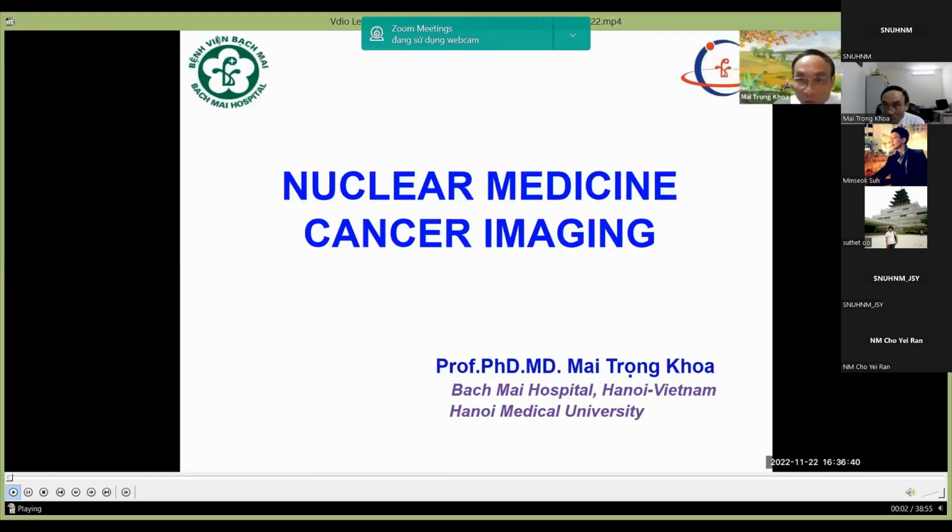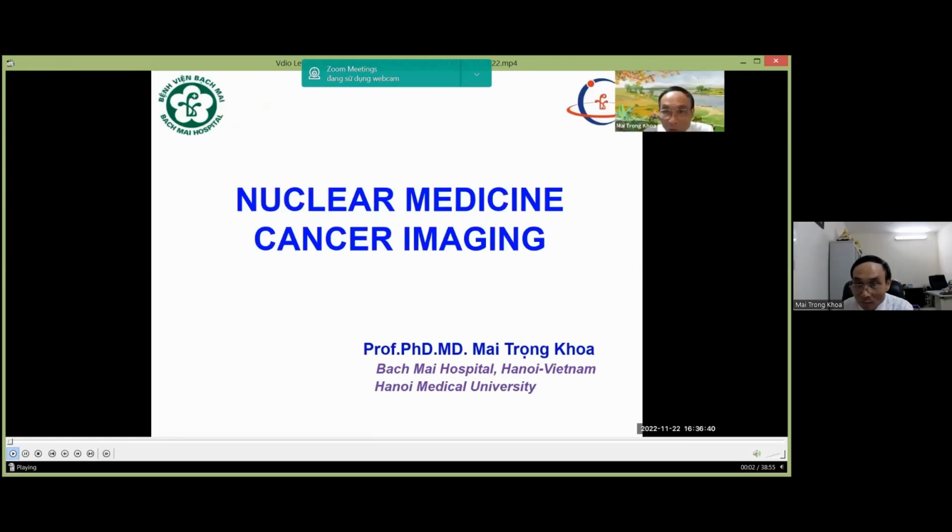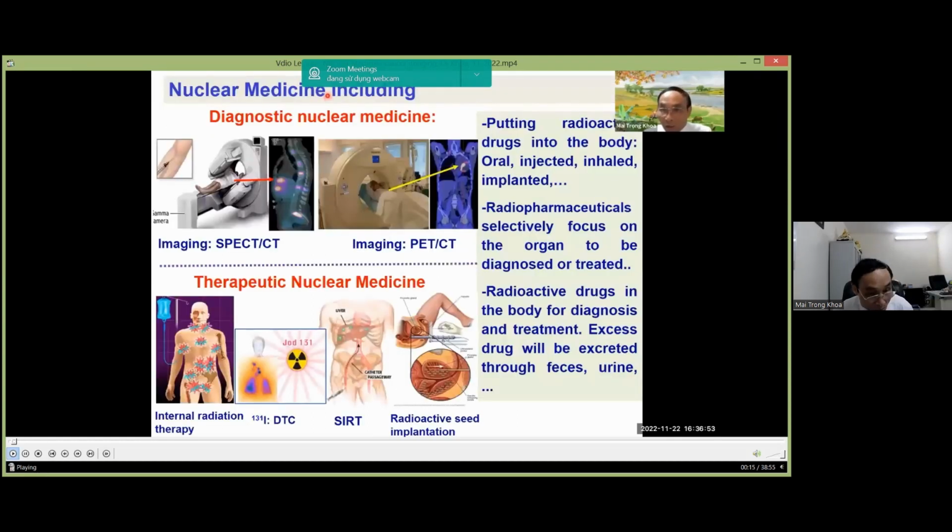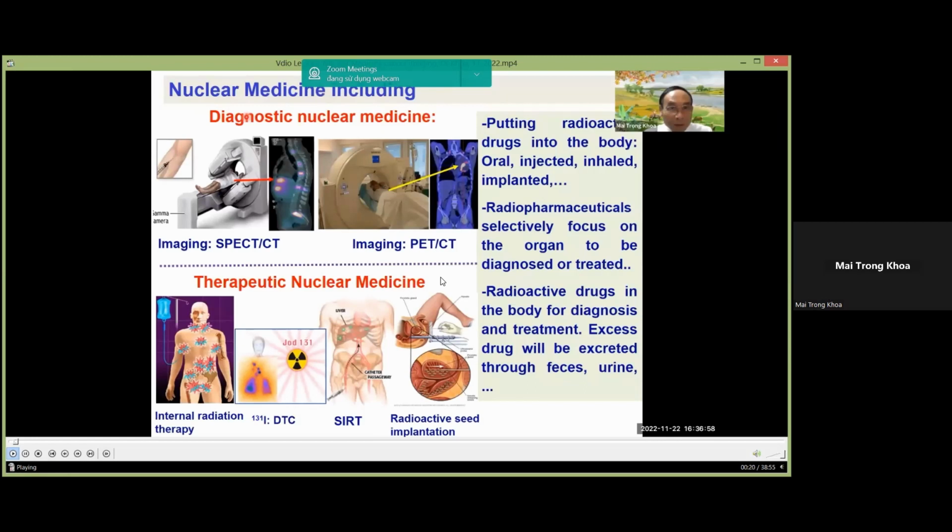Dear oncologists, today I will share with you some information about nuclear medicine cancer imaging. Nuclear medicine has a primary vision with diagnostic nuclear medicine and